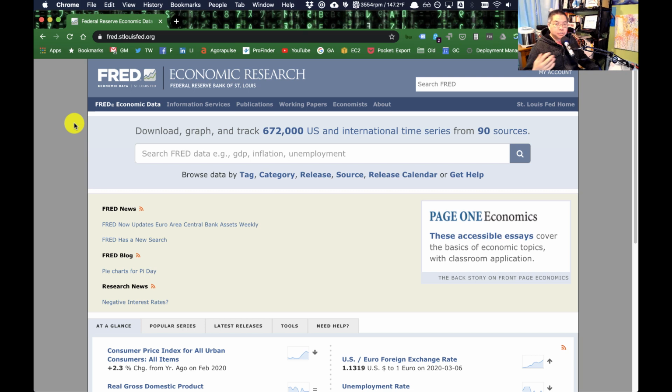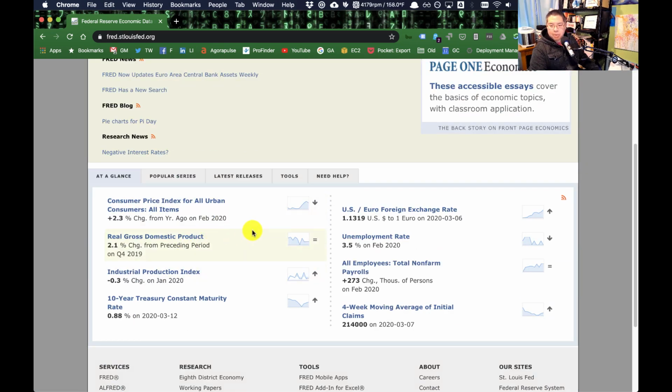And the information that you get from this can inform your marketing and business strategy, because if you know what's happening, if you can see the data, you can very clearly forecast what's likely to happen. We are living in turbulent times, and so we want to use the tools that are available to us to the best of their capabilities. So what you see here is fred.stlouisfed.org, and you see, of course, some of the more popular